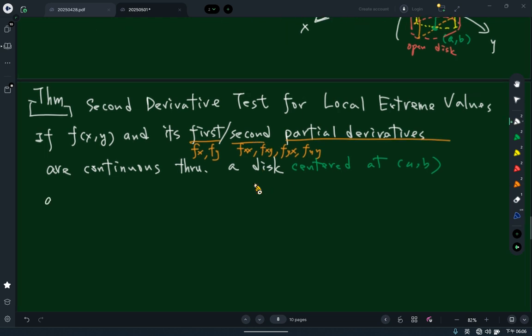And then the important thing is if partial f, partial x at AB is equal to 0 and partial f, partial y at AB is also 0, then